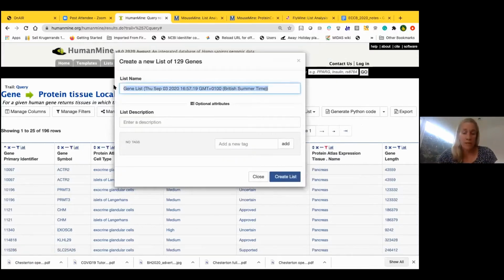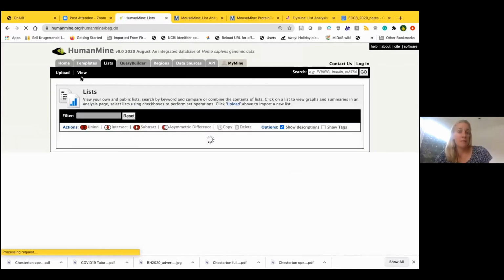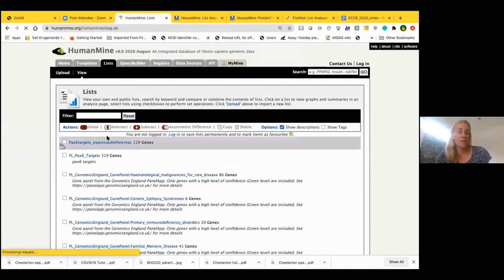and we can call that Paxt targets expressed in pancreas. We can save that set as a list. And we're going to be looking at how we can further analyse that list as we go through. So it's created a link here. If I click on that link, it's going to take me to the list analysis page for the list I've just created. And if I want to find that list, I can see it's created there. Okay, so